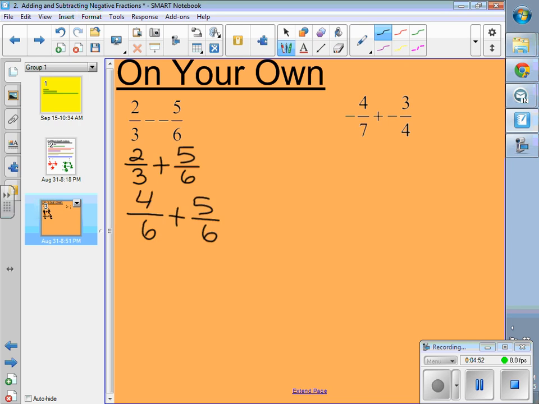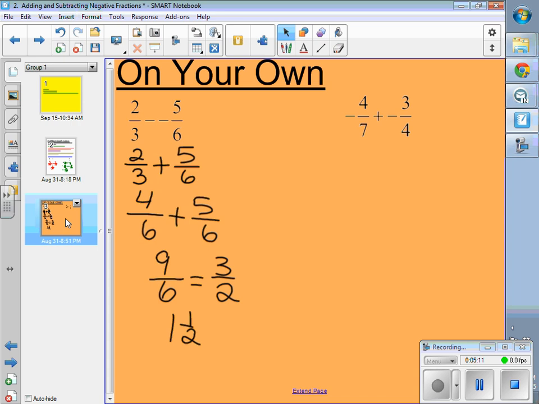Now I just add my numerators. 4 plus 5 is 9. So I got 9/6, which becomes, if I divide both of those by 3, which is their common factor, I get 3 over 2, or 1 and 1/2. All right, and my last one,